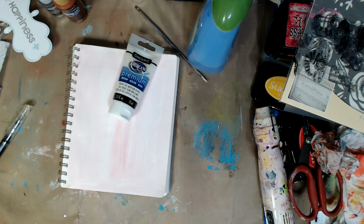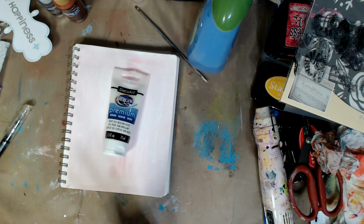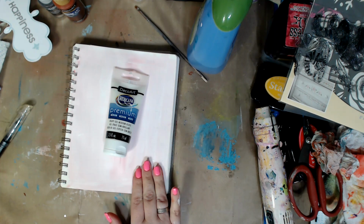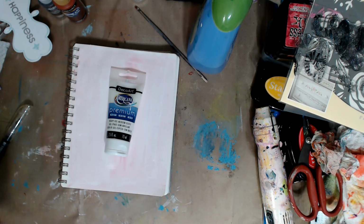It's me, Kelly. So today we're going to be reviewing the heavy gel medium gloss from Deco Art. They sent me a bunch of stuff to try out, and so we're just going to do a mixed media background in my journal and see what this is like. Now this is a gloss. It doesn't matter really because you know, you're going to be gluing on, so it isn't that big of a deal, but